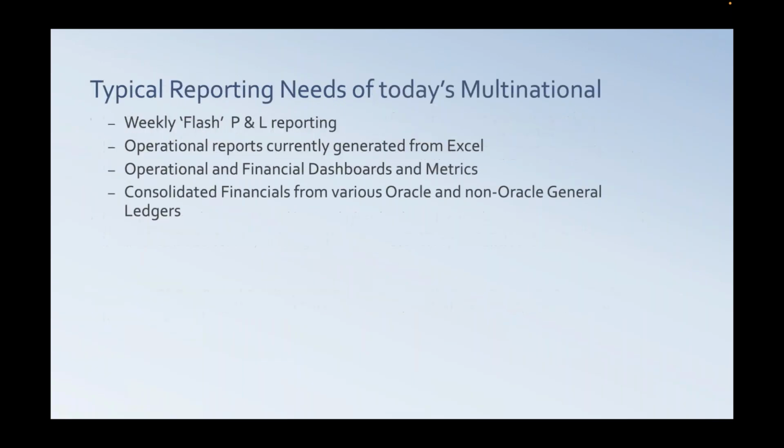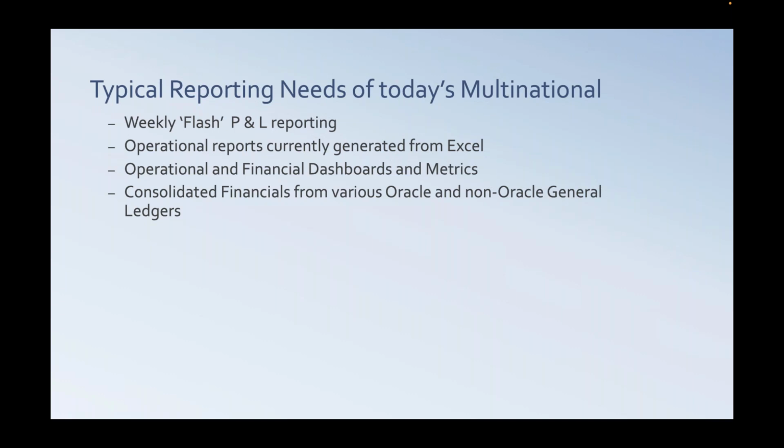So Lee, let's go into financial reporting in EBS. What are the types of reports of today's multinational? And we put multinational, but this is certainly the needs that we see of many of our clients. Lee and I work on commercial. We work on public sector. Our firm works on a lot of federal clients. And we see weekly flash reporting, right? And that's a P&L by week, which has the prior week's actuals, and it could have the rest of the month's budget. Operational reports. By operational reports, we really mean